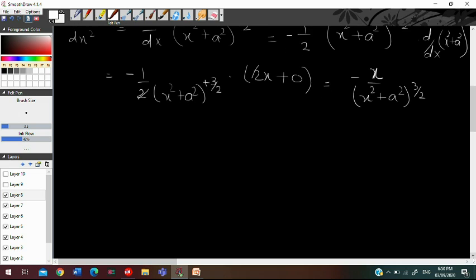Now the third derivative, d cube y by dx cube. You can solve it by yourself, because it is quite easy, and you have to apply the simple quotient rule on this part. Now we start the exercise. In exercise 2.7.